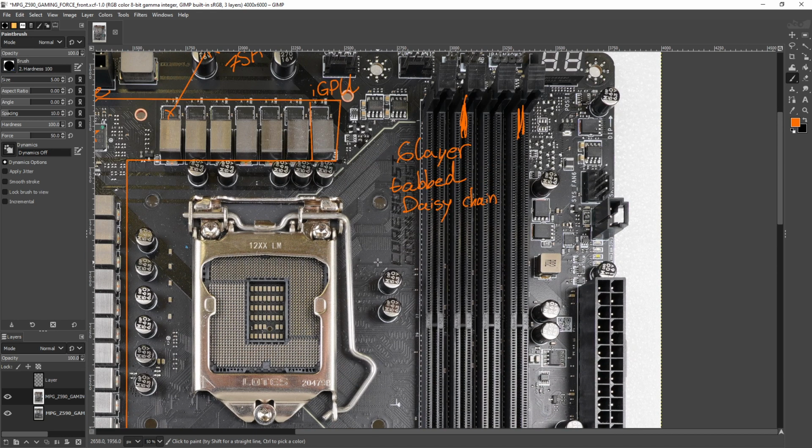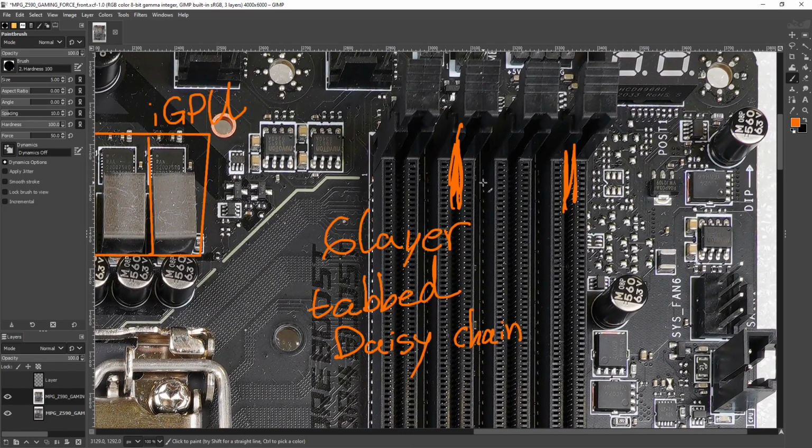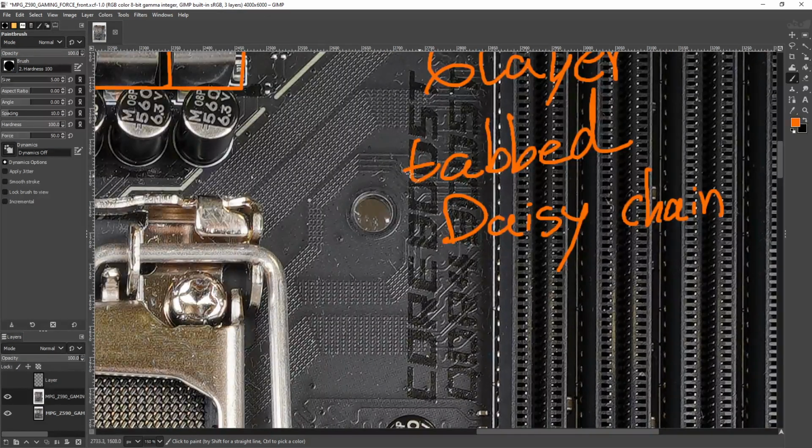But that's somewhat easier to account for on the memory controller than just having the signal integrity be terrible. So timing differences can be dealt with. The signal being a mess can't be. Okay, so anyway, speaking of the signal being a mess, that's what the tabbed daisy chain is supposed to deal